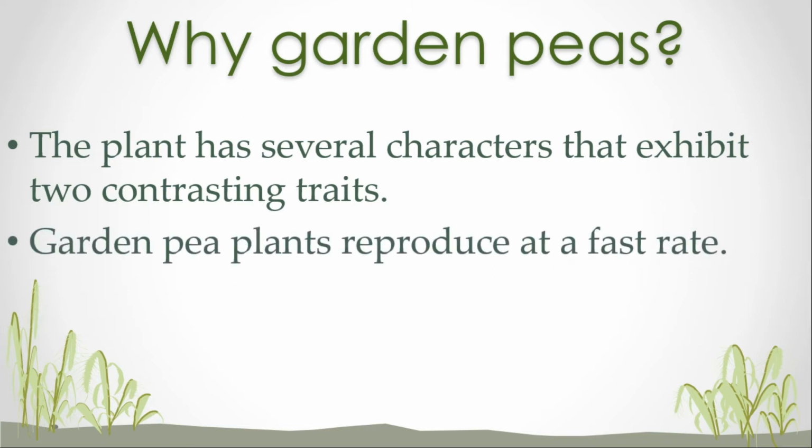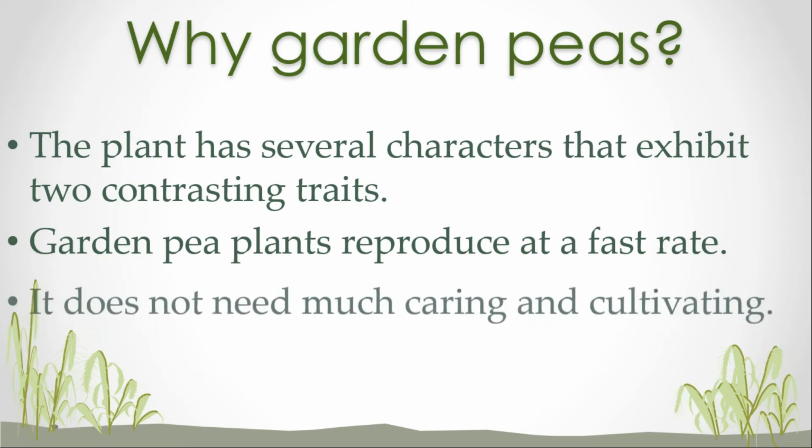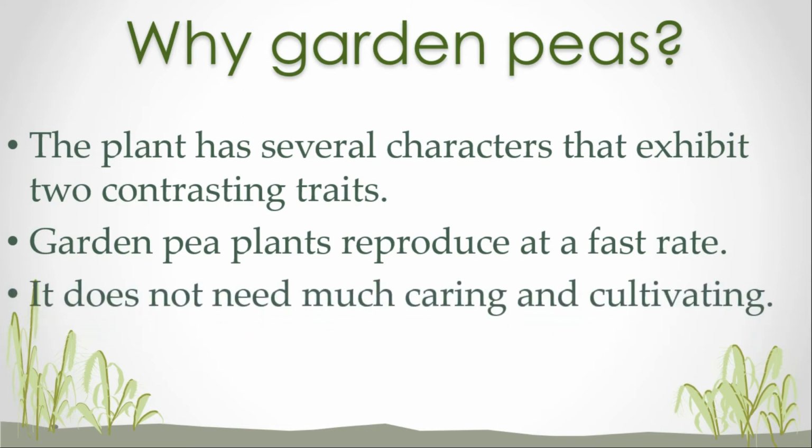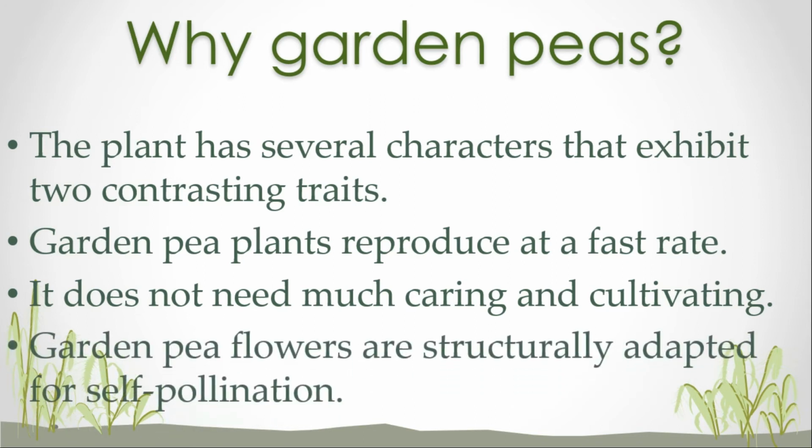Okay, garden pea plants reproduce at a fast rate. It does not need much caring and cultivating. Garden pea flowers are structurally adapted for self-pollination. When we say pollination, diba, that is how plants reproduce. And there are two types. The self-pollination, yung male and female reproductive system will be from the same plant. The other is the cross-pollination. It's the male part of one plant and the female part of another plant. So, magko-cross yung dalawang plants. Anyway,